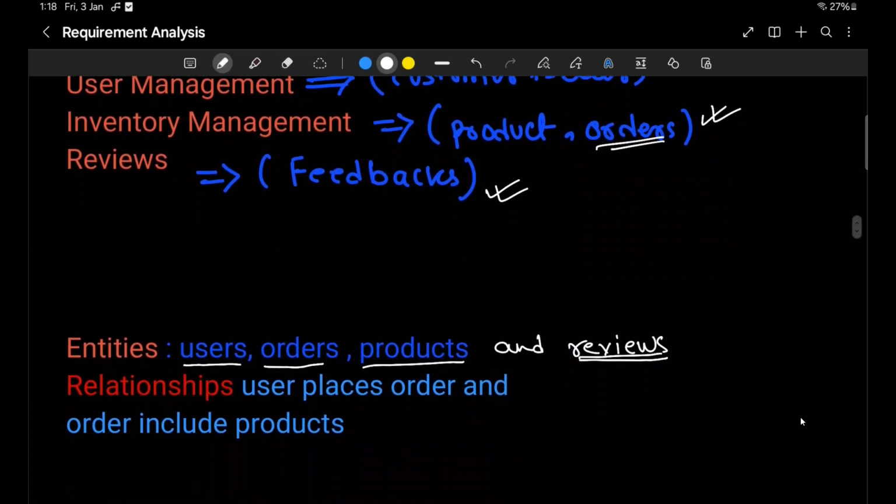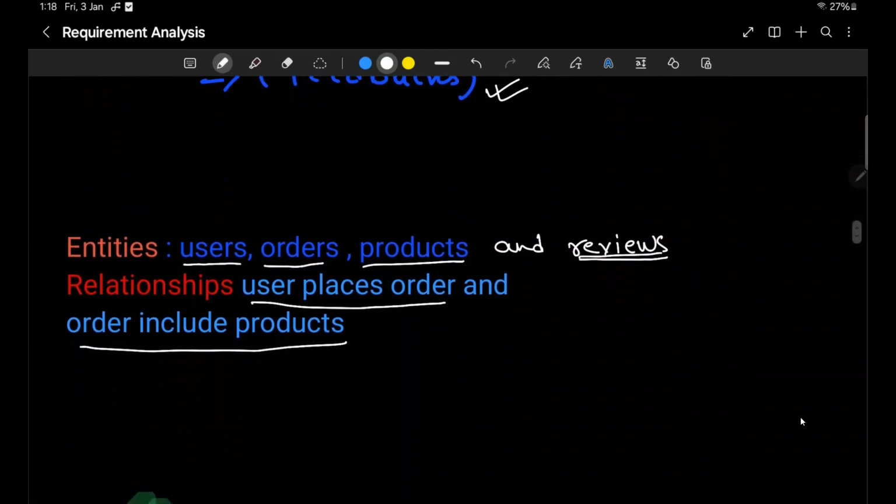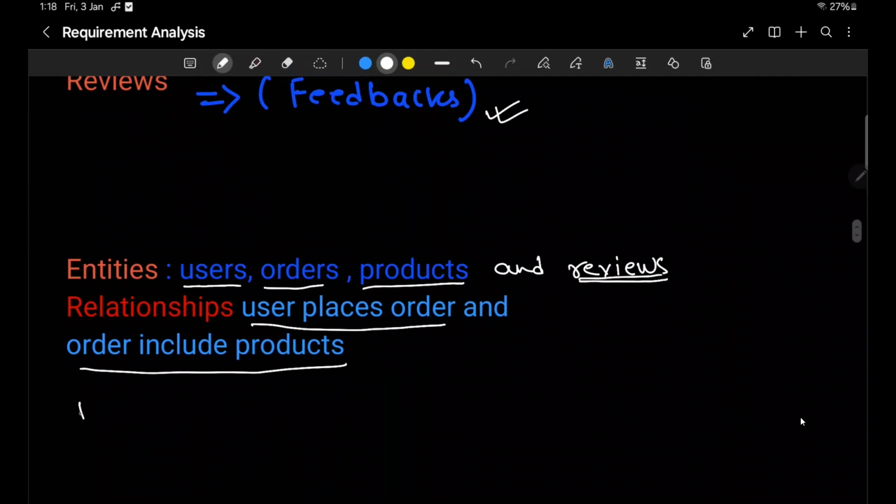And the relationships would look like a user place order, and order include products, and for each product a user can give reviews.